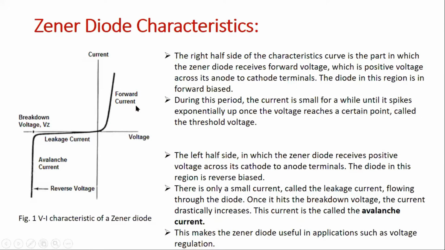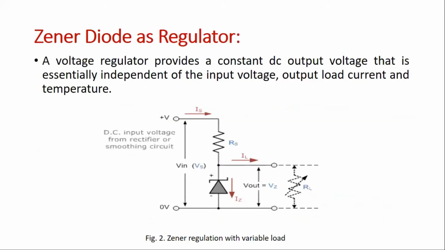The right side of the characteristics curve clearly indicates how the current sharply increases after a very small increase in the voltage. When it is connected in reverse bias, it sustains the voltage up to a certain breakdown voltage. Till then there is almost no current. If there is a small current, that is due to the reverse leakage current. After the breakdown voltage, the current sharply increases and yet the voltage remains constant for any further increase in current. So this is the standard characteristic of the Zener diode.